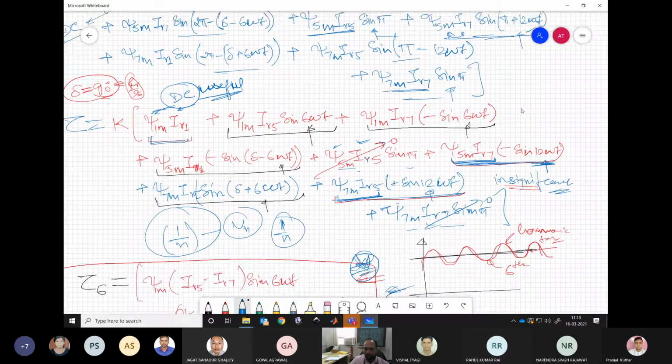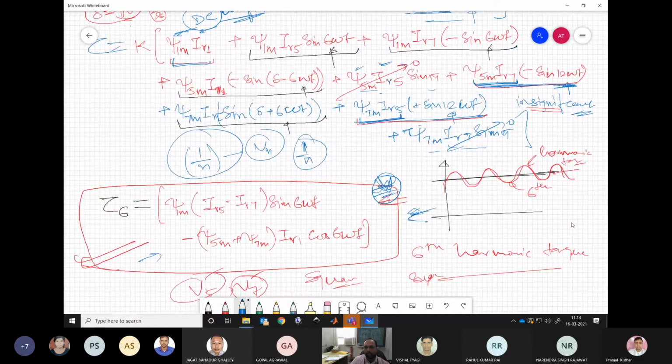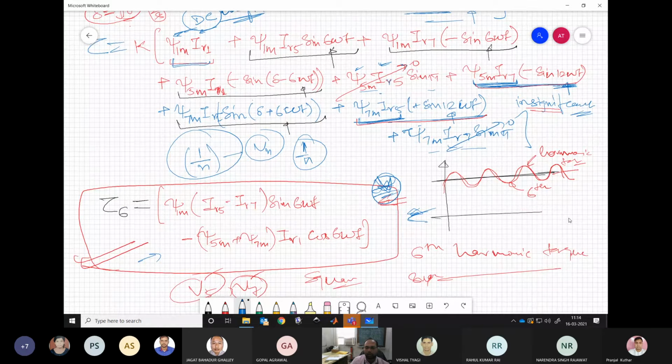So we have tried to solve or simplify this expression, and we have found that these many components can be written down for the torque generated by the 5th and 7th harmonic voltage components in the system. Then if we take out the useful component and we ignore the products of two harmonics, psi 5 I7 and psi 7 I5, because both quantities are very small in absolute numbers, and multiplying them makes the result even smaller, so we can ignore this.